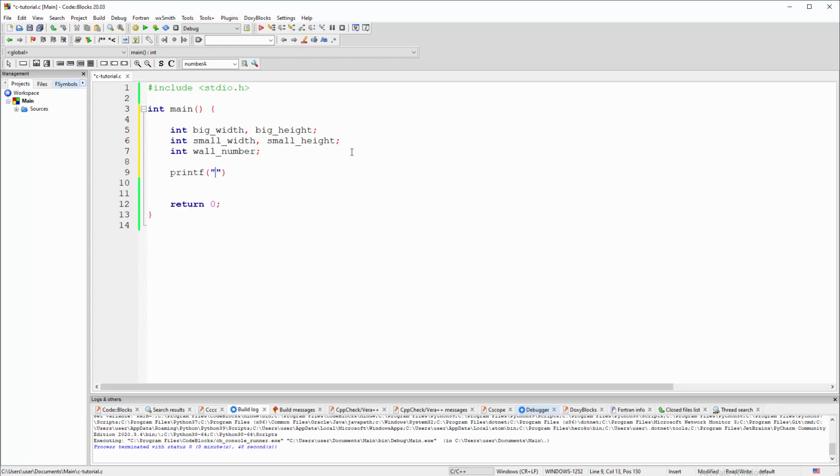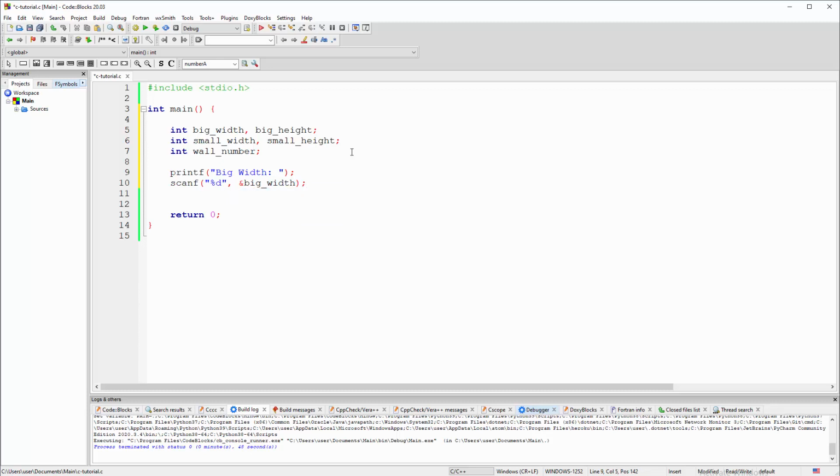Printf, we're gonna explain what is happening here. So the end user needs to input big width, millimeters, centimeters, kilometers. It's really not important what the unit is here, centimeters mostly. Okay, and we're gonna scanf that. Of course that's an integer, so placeholder %d, and we're gonna put that into big width,